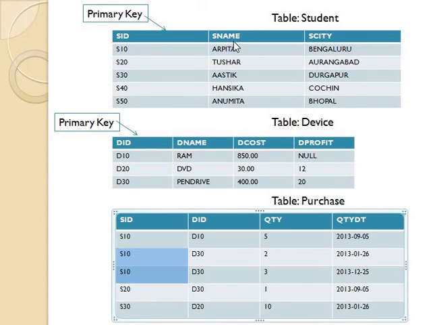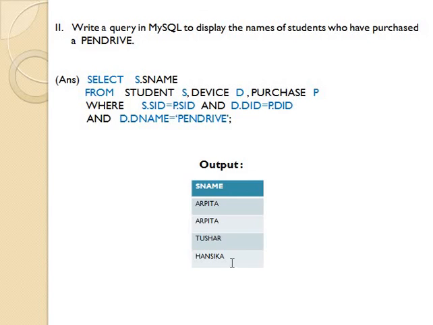That's why we have to record two entries of the student name Arpita, who is purchasing the device having the device ID D30, which is nothing but a device called PENDRIVE. And at first we have to record on this particular date, that is 2013-1/26, and then again we have to record on this particular date, which is 2013-12/25. And as a result, the name Arpita has been recorded twice because she has purchased the device PENDRIVE on two different dates. And that's why in the output table you can see the student name Arpita getting displayed twice,